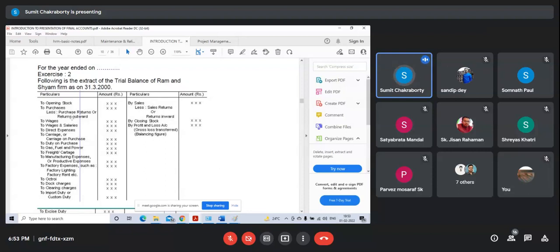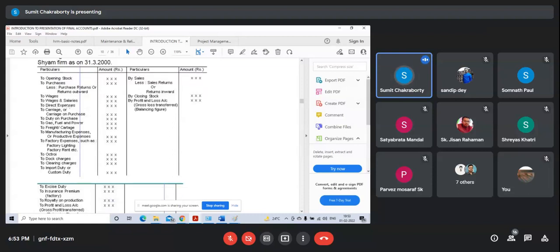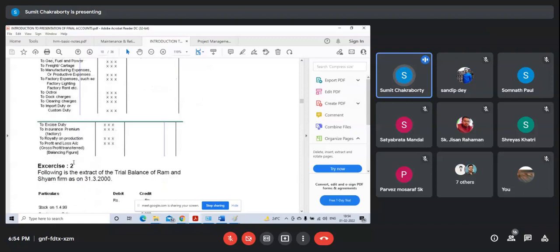Purchases, less purchase returns or returns outward, wages, to wages and salaries, to direct expenses, to carriage on purchase, to duty on purchase, to gas, fuel and power, to freight, cartage, manufacturing expenses or productive expenses, to factory expenses such as factory lighting, factory rent, etc., to octroi, to dock charges, cleaning charges, to import duty, to customs duty, to excise duty, to insurance premium, to royalty on production, to profit and loss account, etc. Profit and loss account comes later, not now,